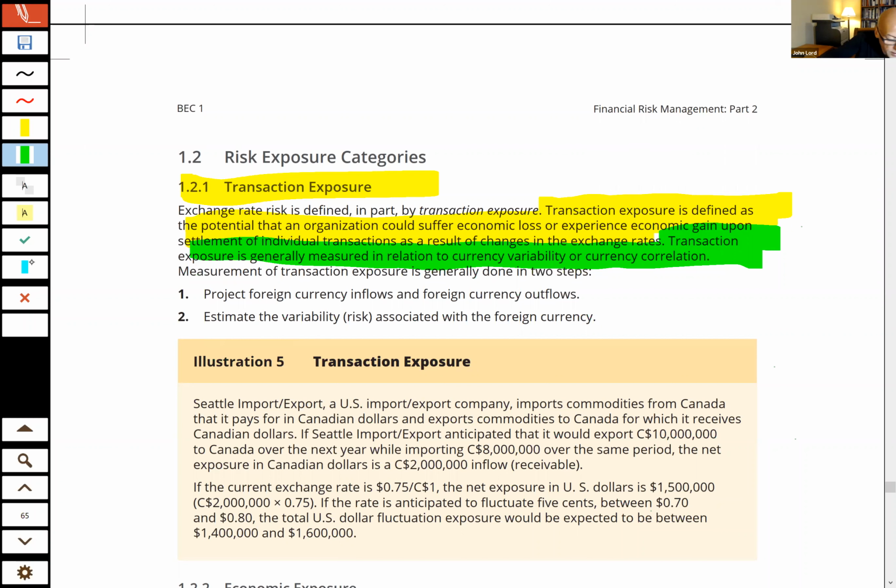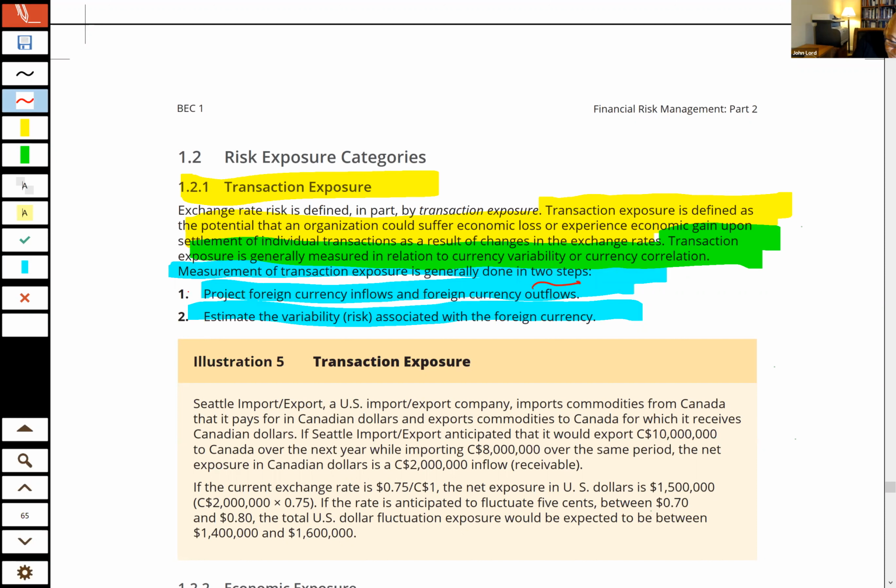Let's see that they have these 2 steps here: project the foreign currency inflow and foreign currency outflow, and estimate the variability of the risk. They give us 2 steps, but just to help us understand what they mean by these 2 steps,